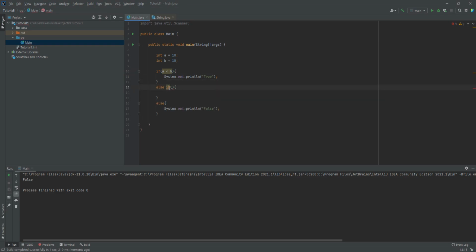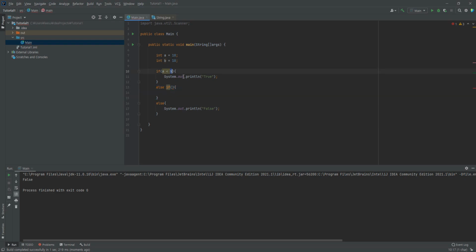So what does this else if do? We're putting in another condition to check. For example, if we had a scenario where the first code is not running and did not print anything, we could also put another condition here just to check if the number